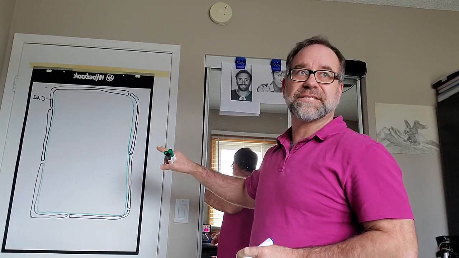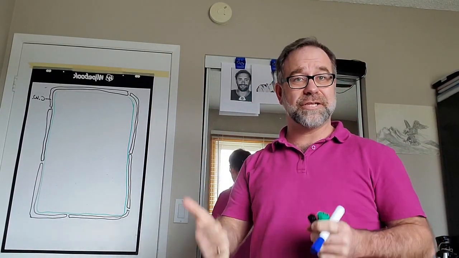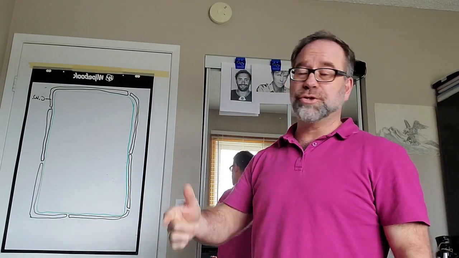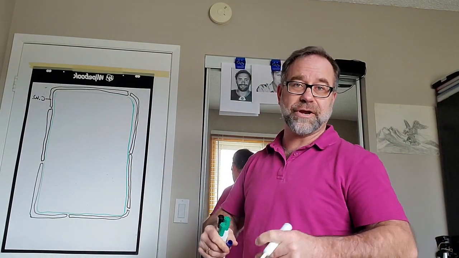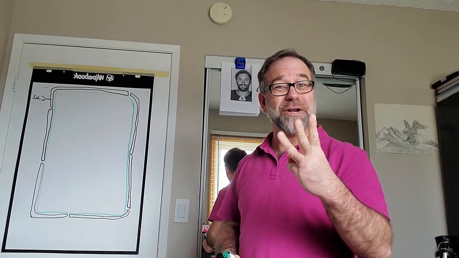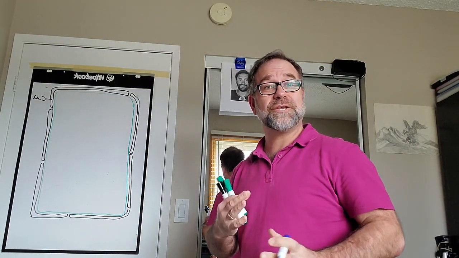All right, now, so that's the first thing you want to do when you do your plant cells a little bit differently. Number one, make them look a little bit more rectangular, a little bit more boxy. Number two, put the cell wall in and put it on the outside of the cell membrane. The third thing that you want to do that's a little bit different, the thing that you want to add